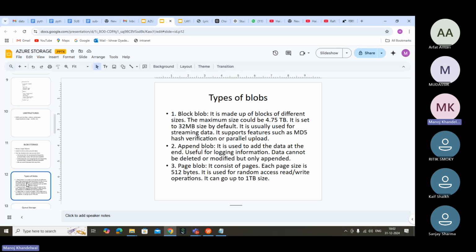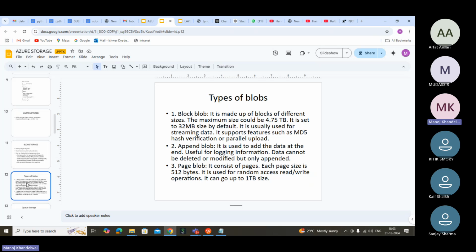Like the hospital may have sensors put on the patients, so the patient is continuously sending their data, their blood pressure and things like that. So continuously the data is coming. Network data, some infrastructure data, continuously it keeps on coming. So for those things, the blob is good. Streaming data we call streaming.